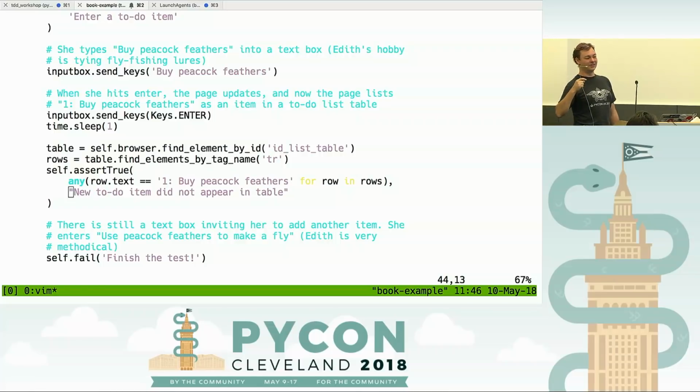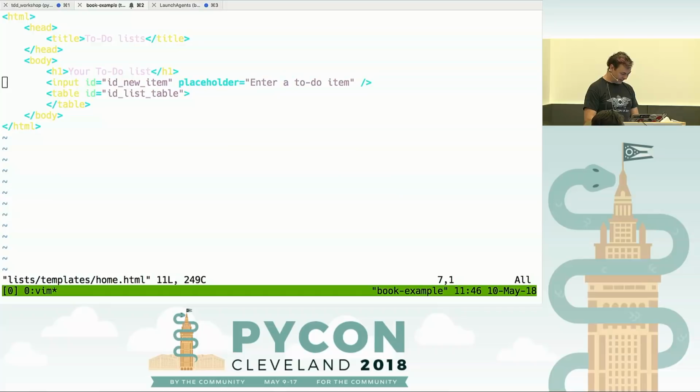So try and write code that's about half as smart as you are, or twice as dumb as you are, and then you've got a good chance of finding the bugs in it. Anyway, so this is saying, is there a table? Does it have my element in it? And this is currently failing because I just sort of jumped forwards in the code, but it's currently passing, and the reason is,